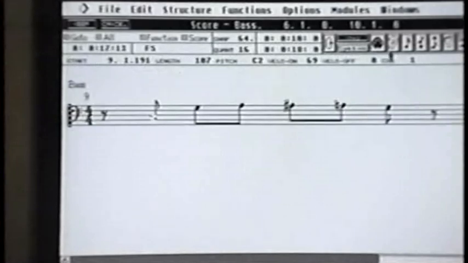To the top right we have a whole host of symbols here, and I'm just going to use one of these for this demonstration, and it's the ear. If I switch the ear on, I will actually hear these notes when I click on them. Or I could use the keyboard, the left and right arrows, to actually scroll through. And as I scroll through, you see the actual values change at the top here, different volumes. If I want to change the volume, I can just go with the left mouse, or right mouse will increase. If I want to change the pitch,